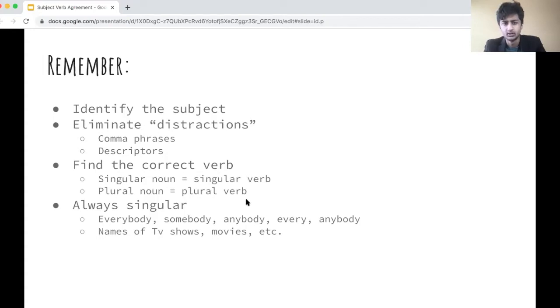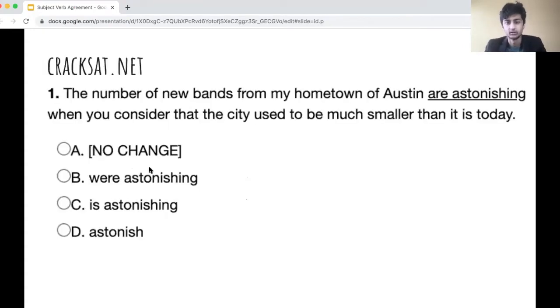All right, so moving on. I'm going to do some practice problems, but before we start, remember that these problems come from cracksat.net, which is an open forum source for anyone to participate, to propose questions, and to get questions answered. And if you want to get more practice, you could always go to cracksat.net for more.